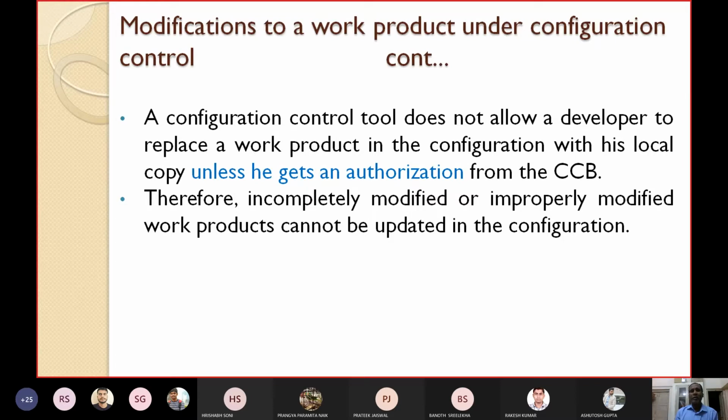If somebody has managed to get some authorization through forgery and he changes it, then all the original things will be lost. I will tell you what tools are available. A configuration control tool does not allow a developer to replace a work product with his local copy unless he gets an authorization from the CCB. Therefore, any incompletely modified or improperly modified work products cannot be updated in the configuration.